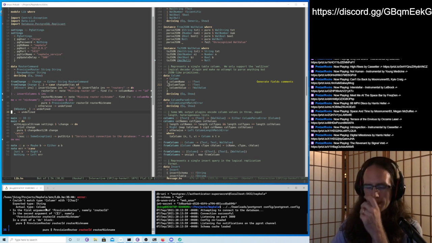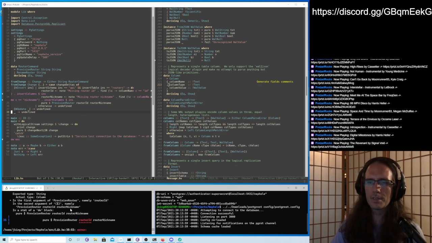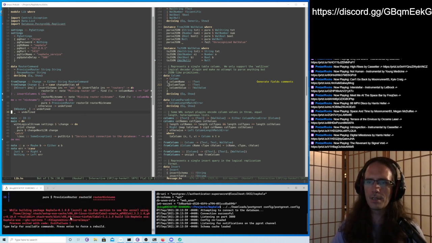Right. Oh, right. We're missing a step here because we're expecting strings, but find is returning a Maybe Column. So we're missing a step. Okay, cool. And what is that? Well, we need the value out of the column. We're going to get a Val value, which we also need to pattern match on.